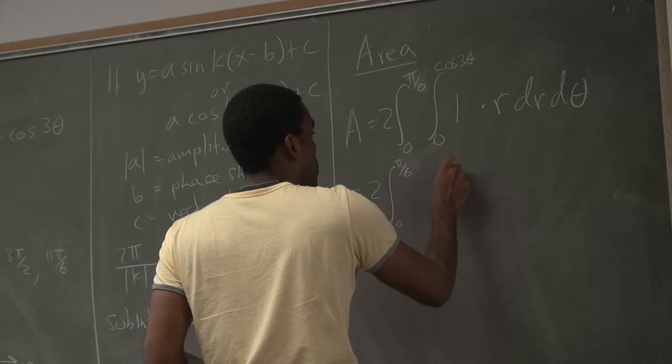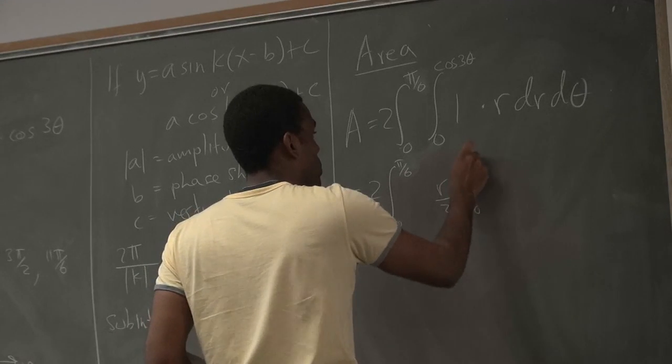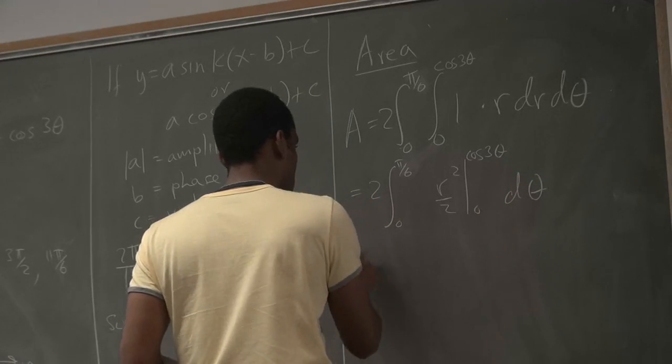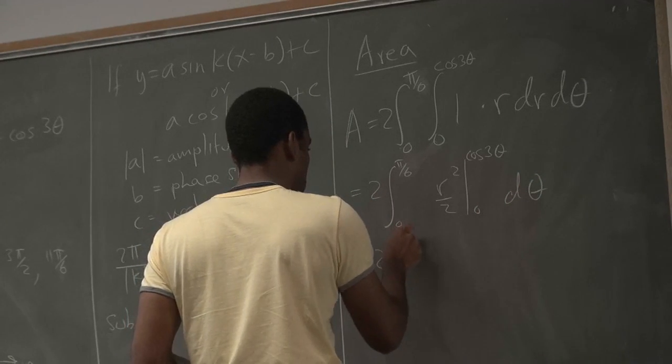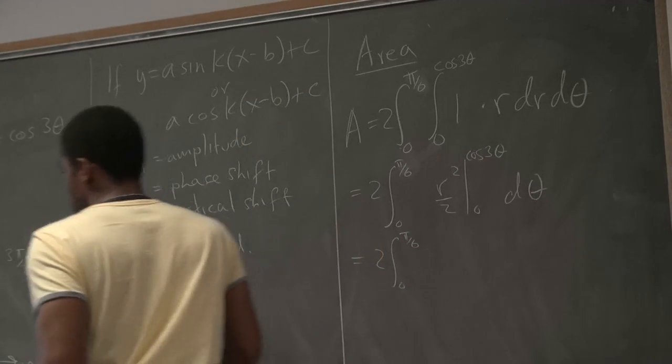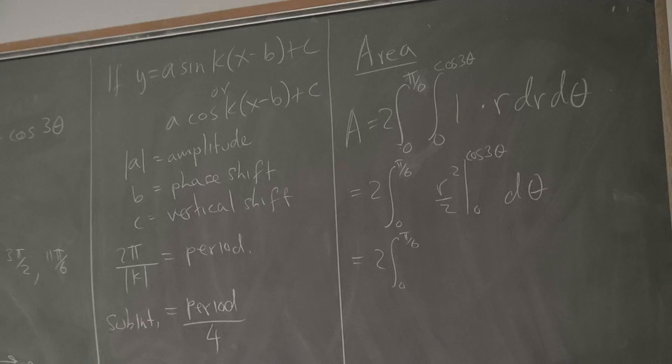This gives me r squared over 2 from 0 to cosine 3 theta. Wait, why times by 2? Oh, I split it, right? I'm using the first one, 0 to pi over 6. Notice that only gives me half a leaf. Right, so